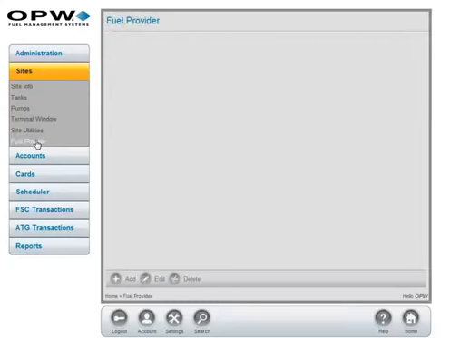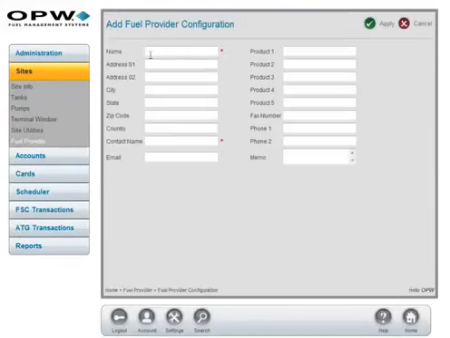Fuel provider allows you to add in a fuel provider for who provides you the fuel for your systems. So give it a name. You can see that you just basically have a couple required fields, but you can put in an address,